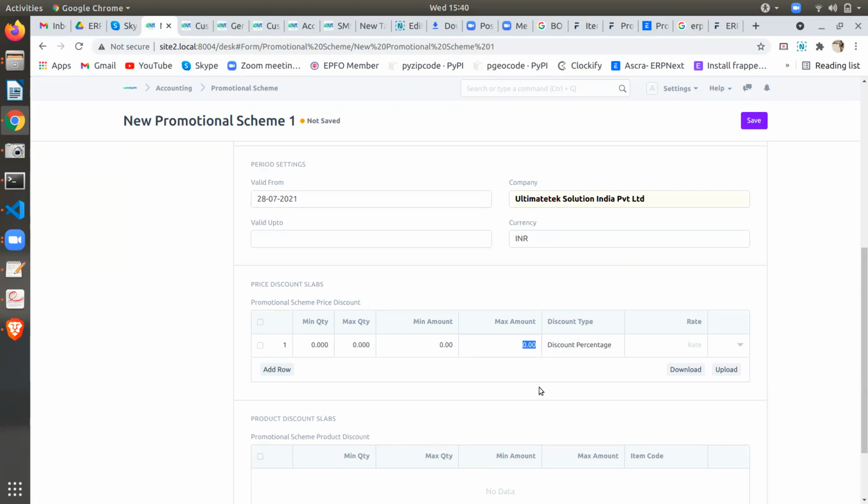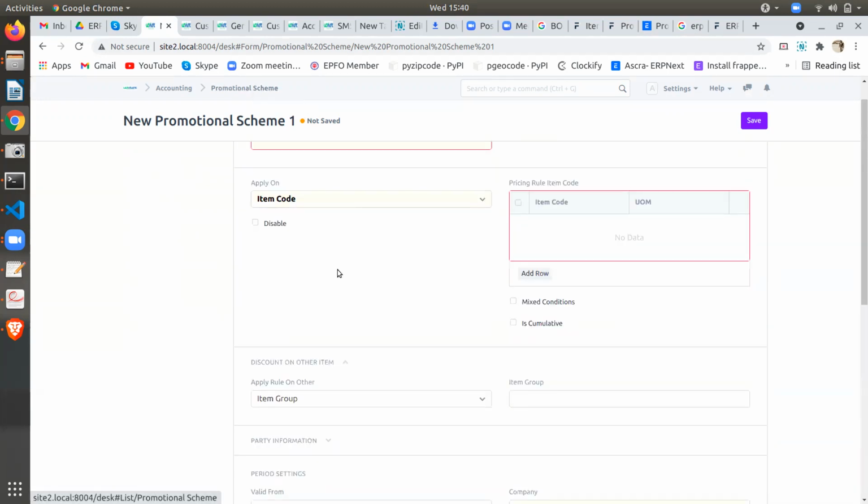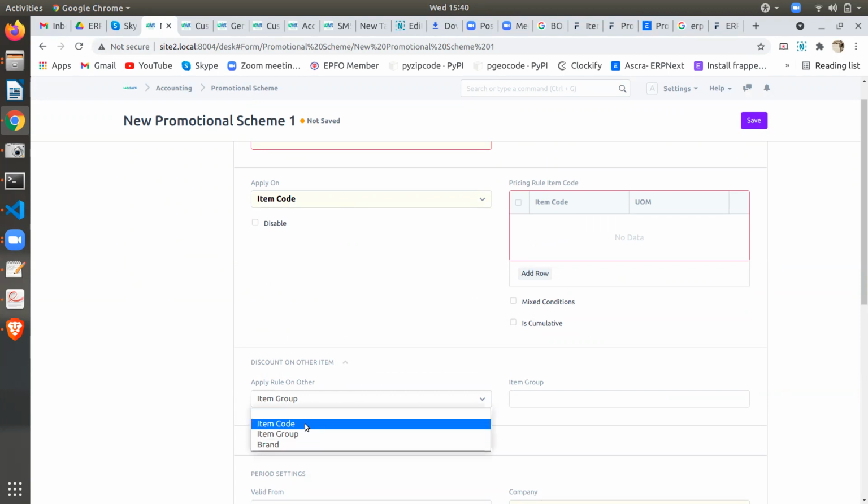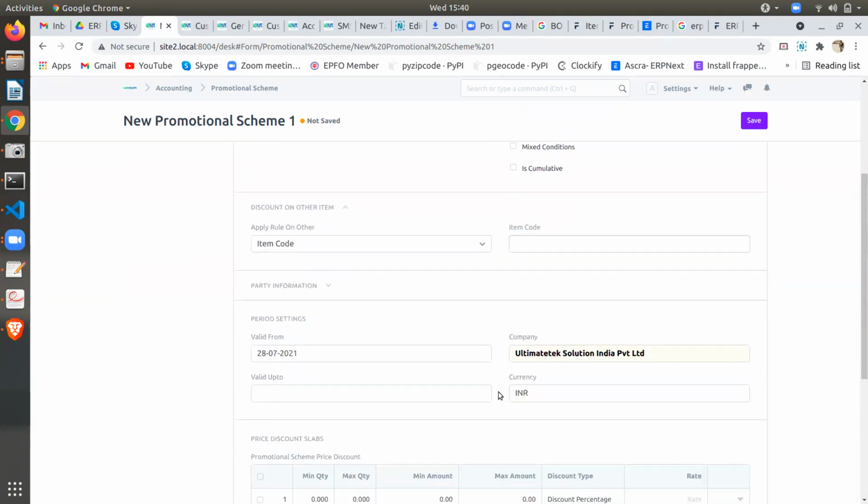So here it's about discount, but I want to give the same item, not a percentage. Buy one get one. In that case, pricing rule. Mix item group, item code. Other item, it's there. Yeah, discount on other item.